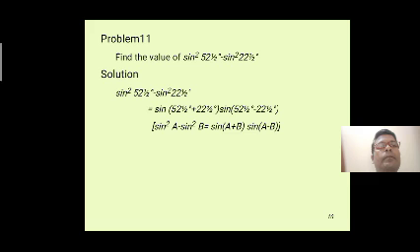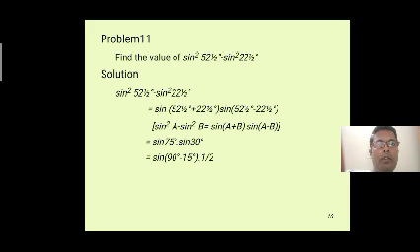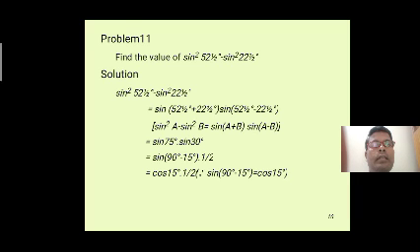A minus B. Sin of A plus B means sin of 52 and half plus 22 and half, that is equal to sin 75. Sin of 52 and half minus 22 and half is equal to sin 30 degrees. Now in the place of 75 degrees we write sin of 90 minus 15. We know that sin 30 equals 1 by 2. That is, sin of 90 minus 15 equals sin 75, also possible.